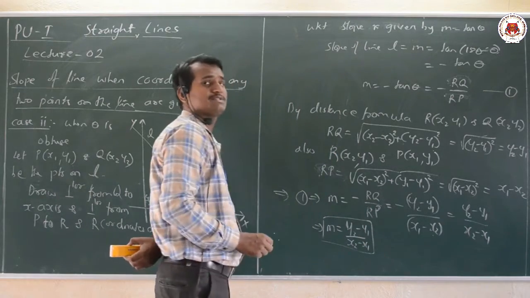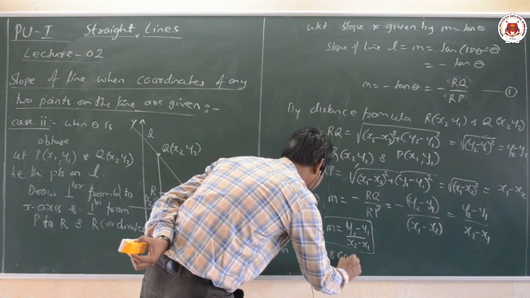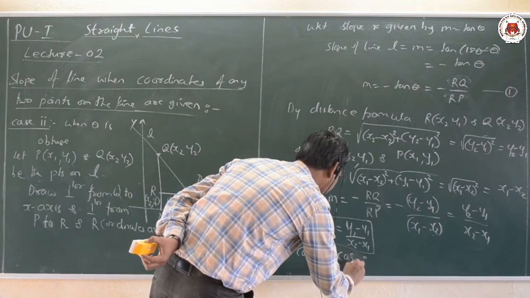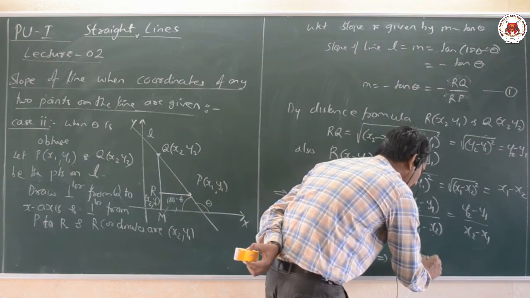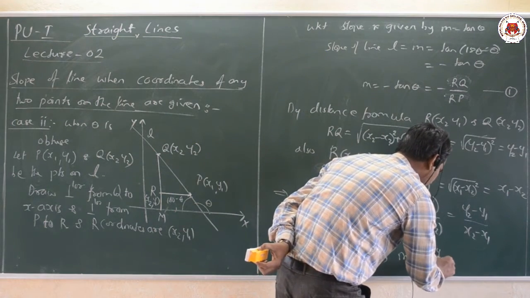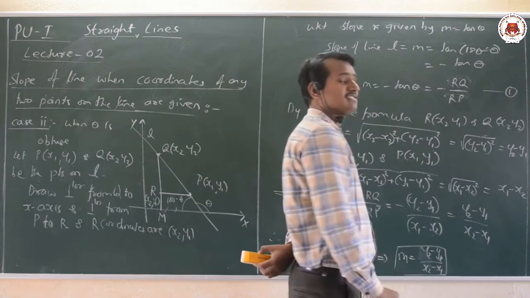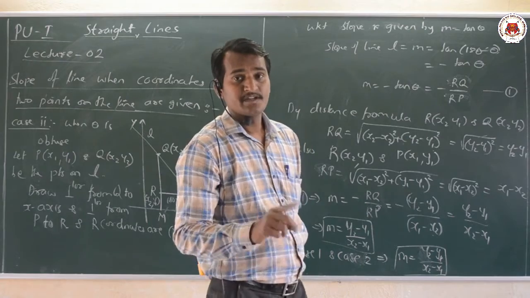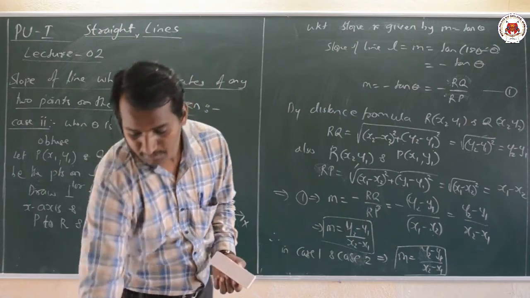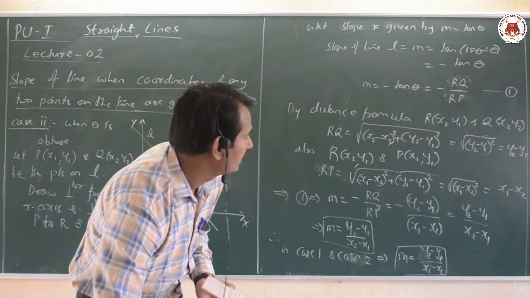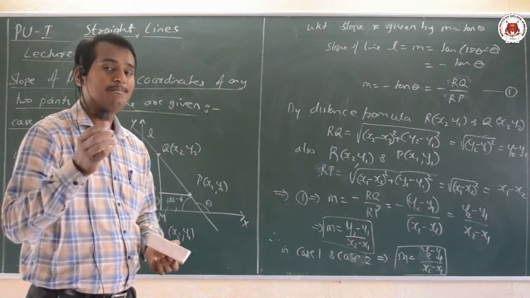That means in both case 1 and case 2, slope m is equal to tan theta, or m is equal to y2 minus y1 divided by x2 minus x1. In both cases the slope is the same. That means one is when theta is acute and one is when theta is obtuse. Okay dear students, now let us move to the next property, that is our condition for parallelism